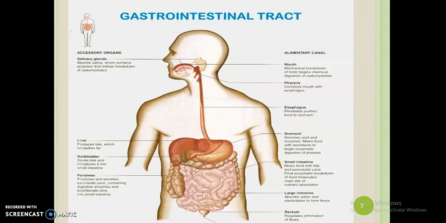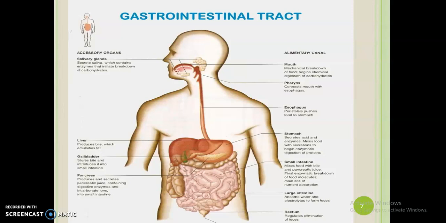The salivary glands secrete saliva, which contains enzymes that initiate the breakdown of carbohydrates. The mouth is for mechanical breakdown, the pharynx connects the mouth with the esophagus, and the esophagus has peristalsis, which pushes the food to the stomach, which secretes acid and enzymes and mixes the food with the secretions to begin the enzymatic